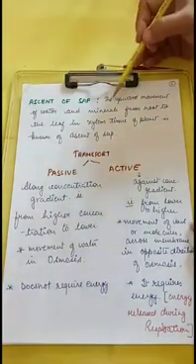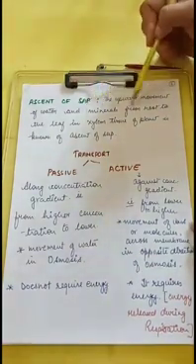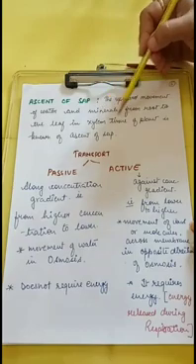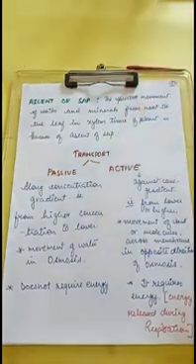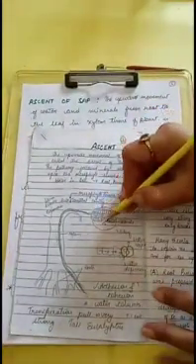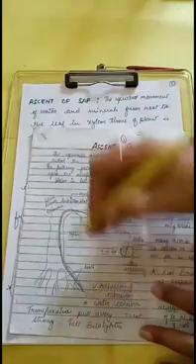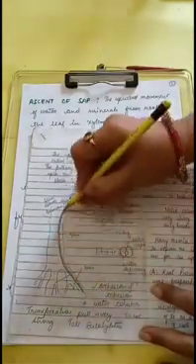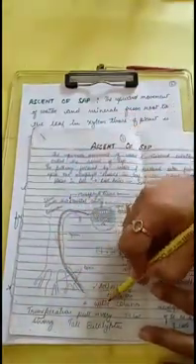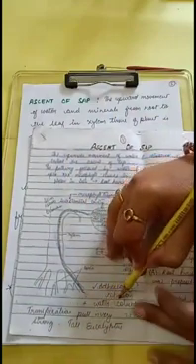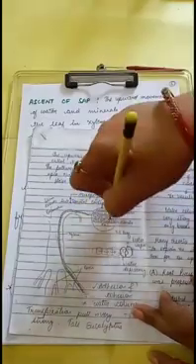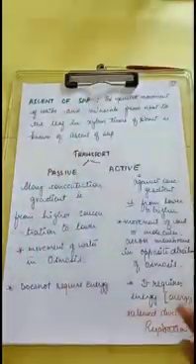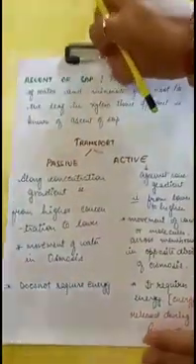Ascent of sap. The upward movement of water and minerals from the root to leaf in the xylem tissue of the plant is known as ascent of sap. If it comes in the exam, how will you show the ascent of sap? You will draw a stomata and the root hair, and from there the xylem vessel is continuous. The water and the dissolved minerals move from the root hairs to the xylem, then through the xylem vessel to the leaf surface. Okay, now I'll show you another activity.